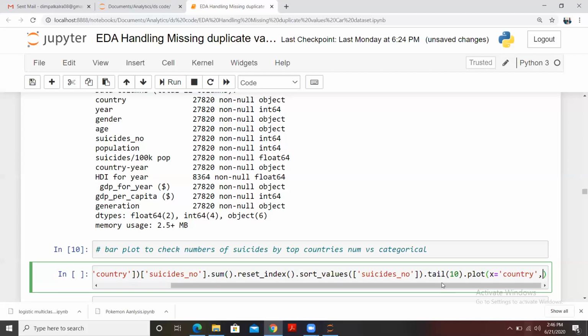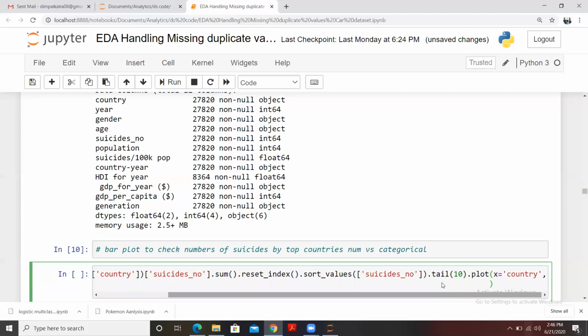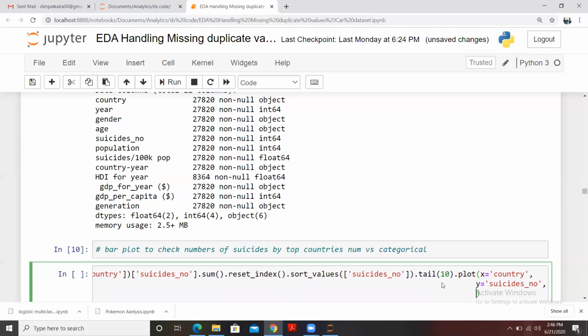So y equals the name of the column, suicides number. Fine, guys. Then the kind is bar, because I want to create a bar plot. Let me put that in quotes, bar.